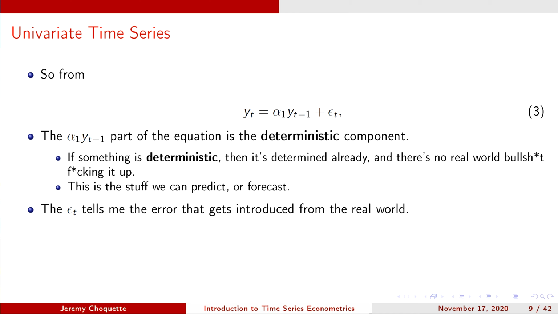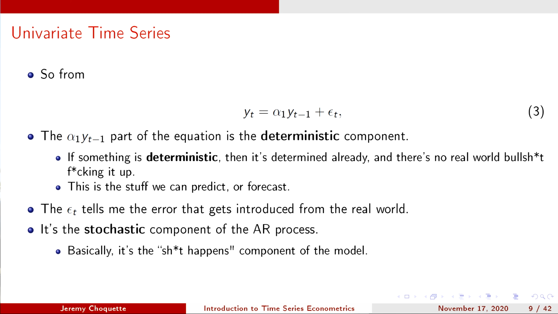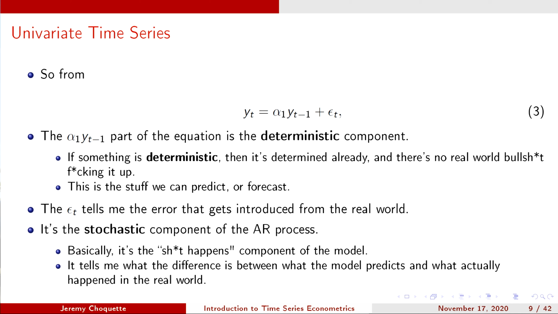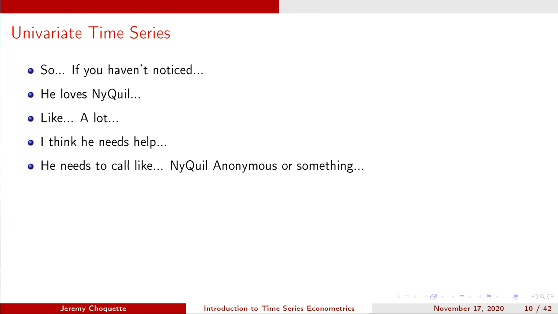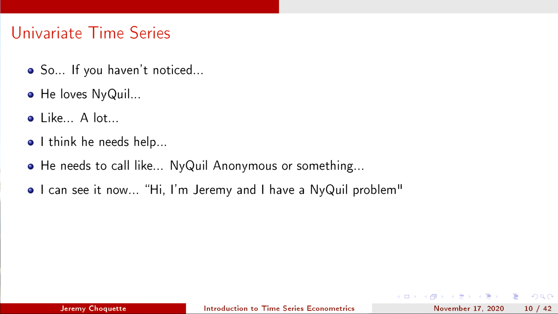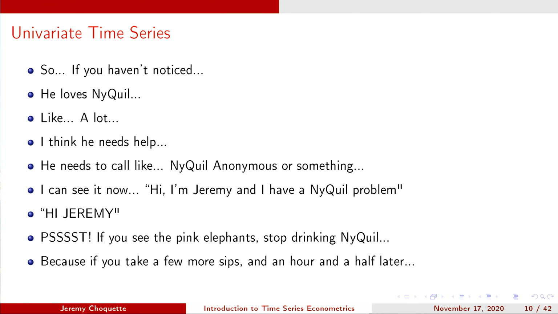But this epsilon, the residual, tells me the error that gets introduced from the real world. This is what's known as the stochastic component of an AR process. Basically, it's the "stuff happens" part of the model. And it tells me the difference between what the model predicts and what actually happens in the real world. So by looking at that, we can look at a shock to that epsilon t, and see how the rest of the model responds. And if it responds in a way that's consistent with what the economic theory suggests it should, then we probably got some decent theory, and there's a good econometric test to provide evidence that